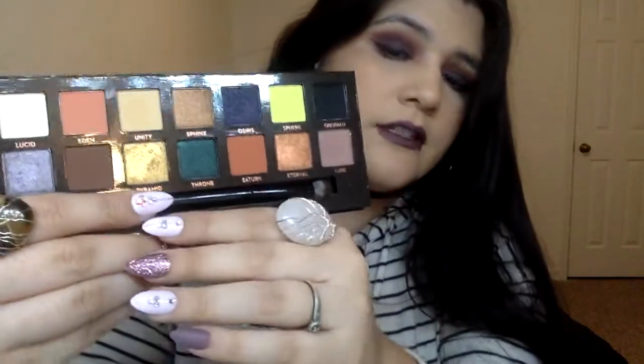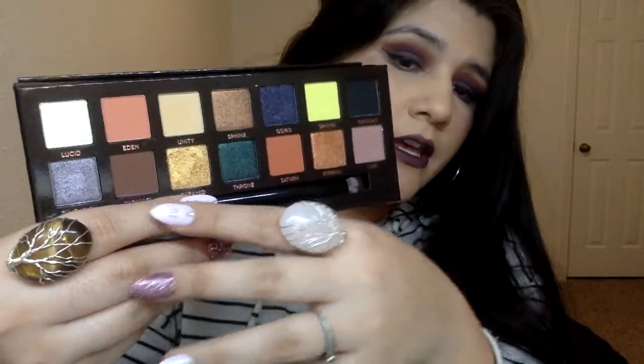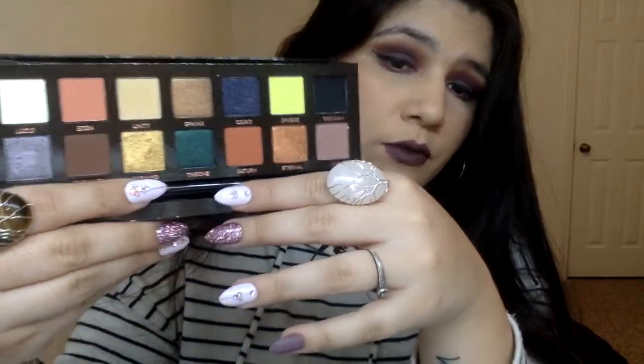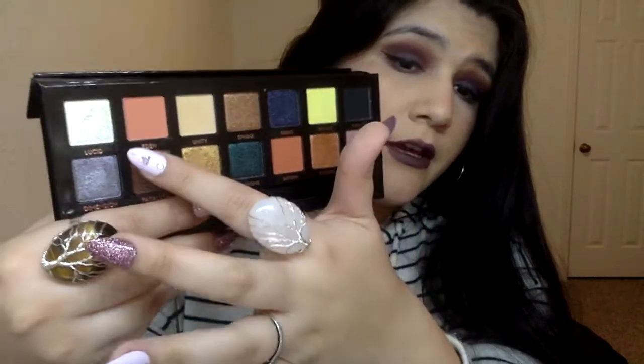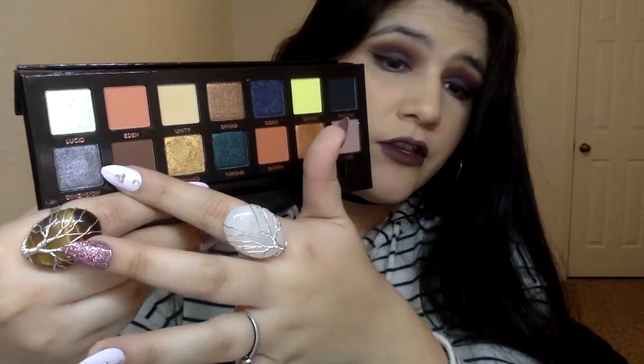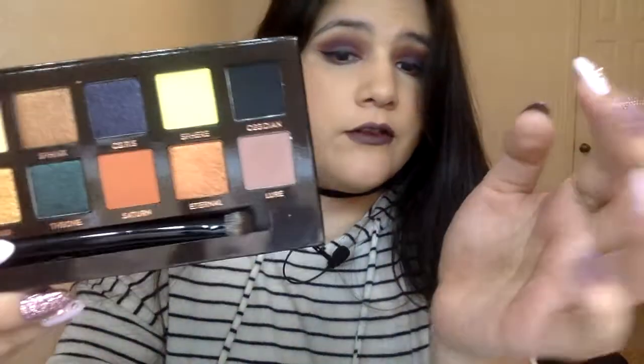Here's the palette. Has all different ranges. I love this emerald color named Throne. And then that one's gorgeous too. I really like this lavender color. I think it's called Dimension. It's very flattering, and if you pair it up with Lure, it just...